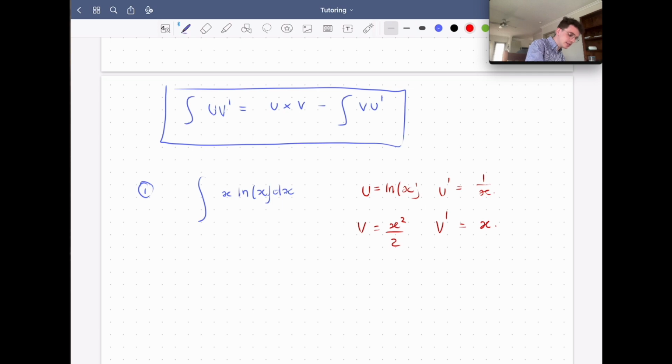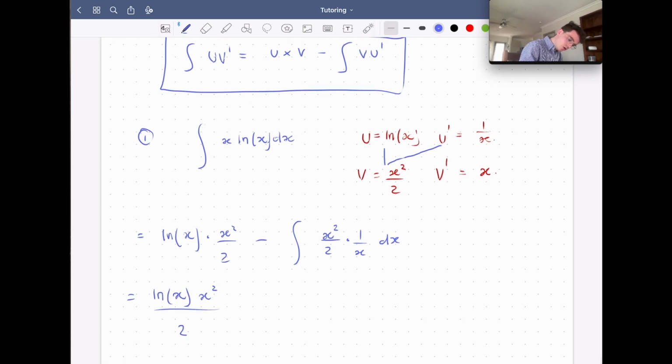Then I'm going to draw my little tick. I'm going to go like this. My answer is ln x times by x squared on 2. And then I'm going to draw the rest of my tick minus those two things we just connected, multiplied, but we've got our integral, minus the integral of x squared on 2 times 1 on x dx. So that's equal to ln x times x squared on 2 minus, that will cancel and that will cancel. So I've got minus the integral of x on 2